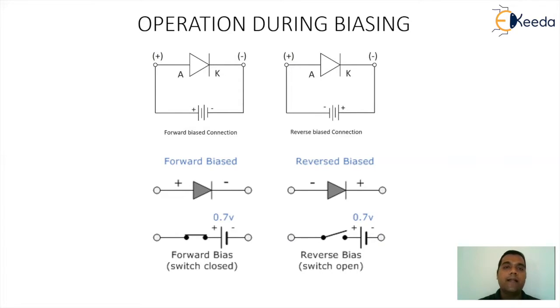When we talk about connecting a battery to a device, since the device has two terminals, we can connect the battery to the device in two forms. The first method is called the forward biasing method and the second is called the reverse biasing method. In forward bias, the anode is connected to the plus plate of the battery and the cathode is connected to the minus plate of the battery. In reverse bias, the anode is connected to the minus plate of the battery and the cathode is connected to the plus plate of the battery.